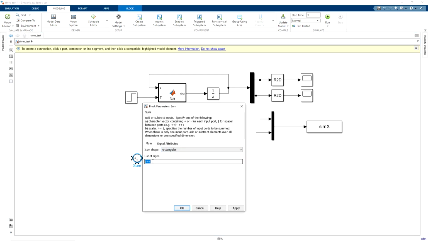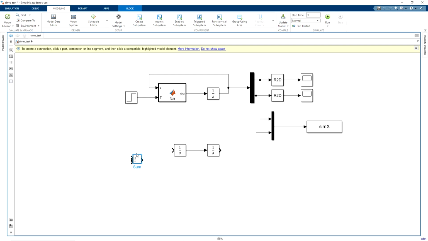Let me represent it by rectangle, which is plus minus minus. So this is nothing but theta dot, theta double dot, theta dot, and this is theta.